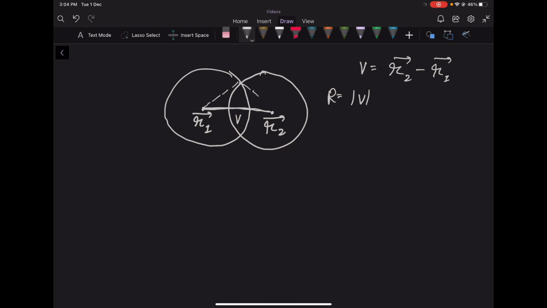And let's actually construct this. So this is R and this is D, which is the center of circle. And this is again D, which is the center of circle. Let's draw a perpendicular from here. Since it is an isosceles triangle and we draw a perpendicular, this will bisect this side. So this distance will be R by 2 and this distance will be R by 2. Now let's call H the height of this triangle. So H will be under root of D square minus R by 2 square by Pythagoras theorem, since it is a right triangle.